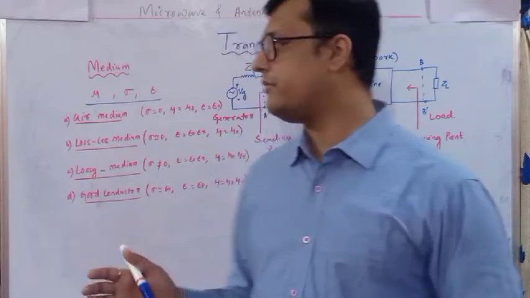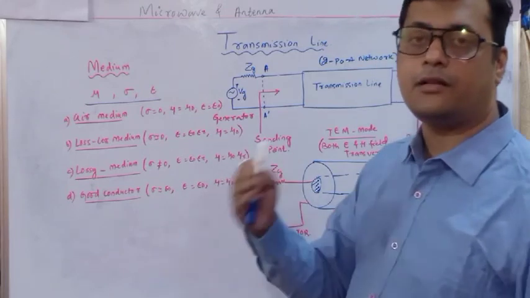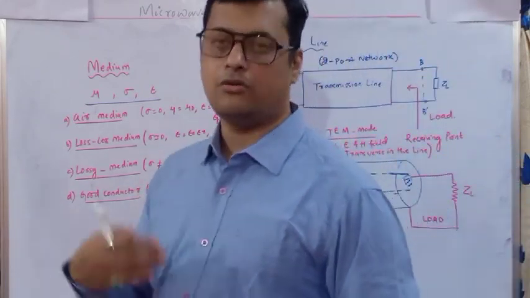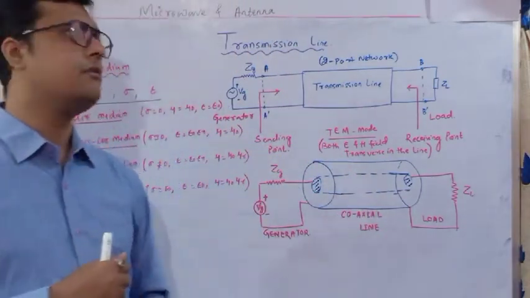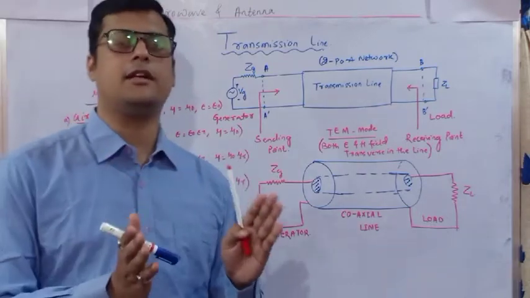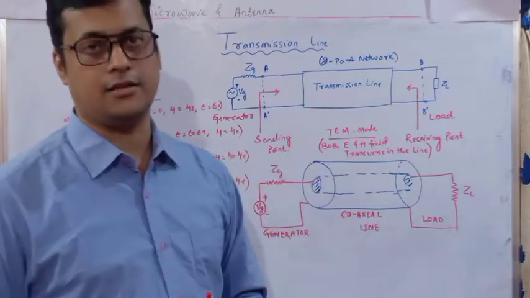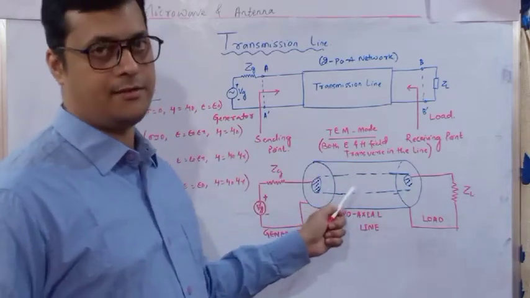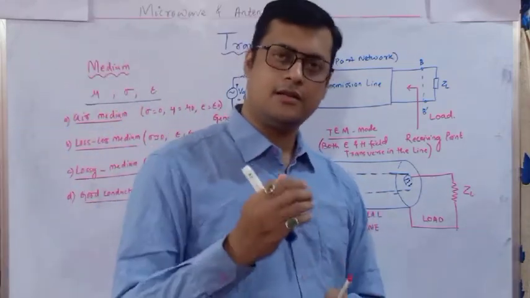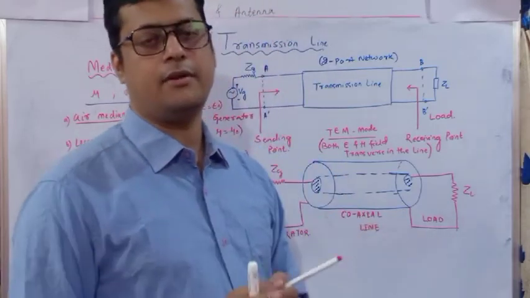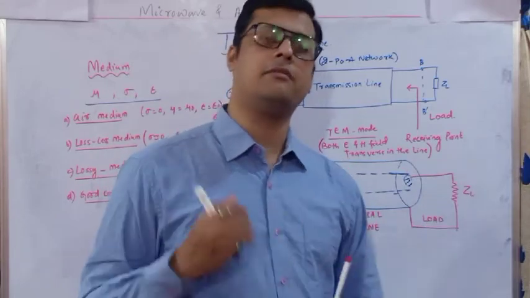Now these mediums will help us to identify when the electric field and magnetic field are propagating through that coaxial cable or two-wire line, or different sort of mediums are there. So depend upon this analogy, we will proceed to identify how that electric field and magnetic fields are going to propagate in this different sort of cross section. If it is a coaxial cable, that means cylindrical cross section. If it is a rectangular parallel plate, that means it is a rectangular section. If it is a microstrip line, if it is a parallel plate, these all different sort of analogies are there.